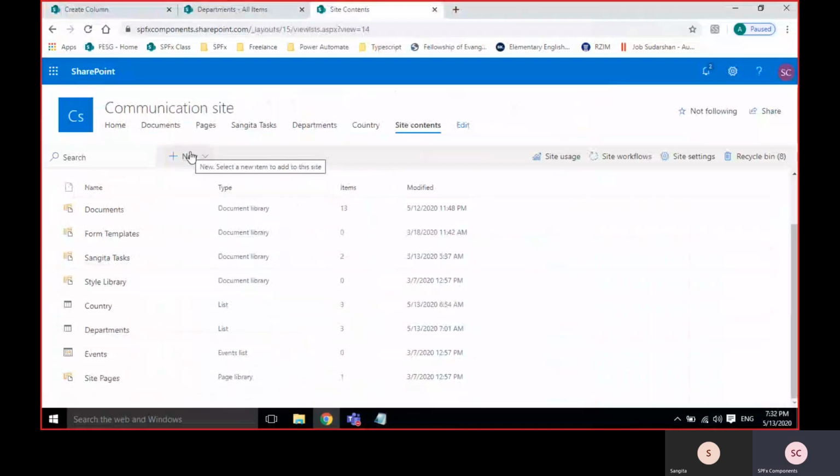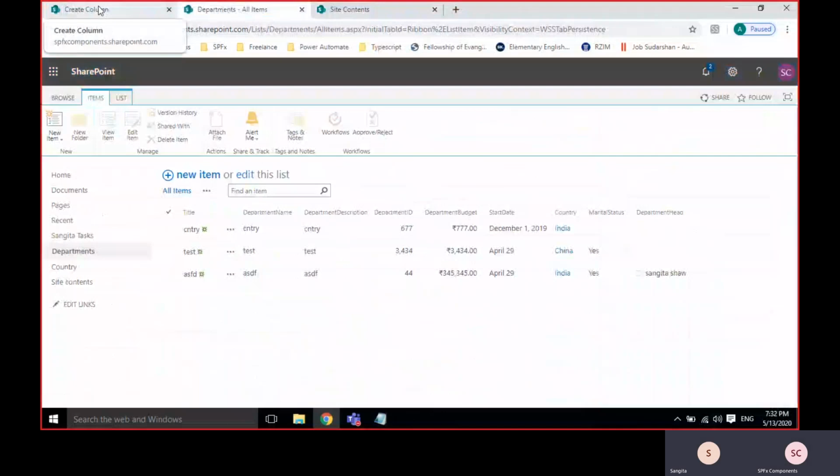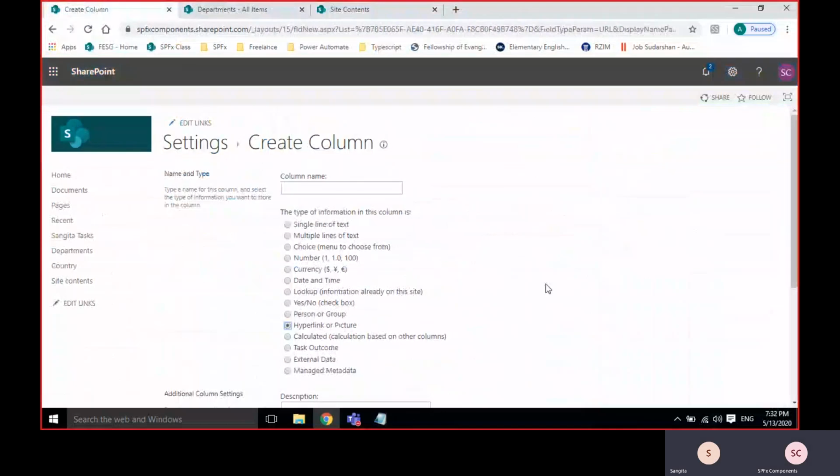For example, I have a library, maybe a .NET library, which is tagged in that column. First we create a document library, then it's tagged, and then we just need to give the hyperlink reference in this list.